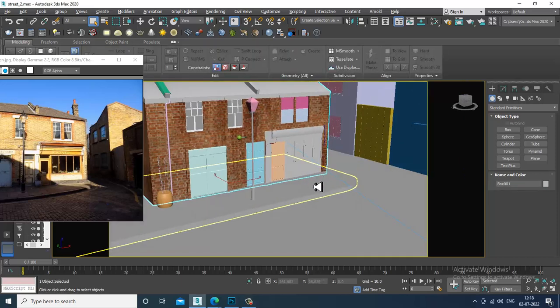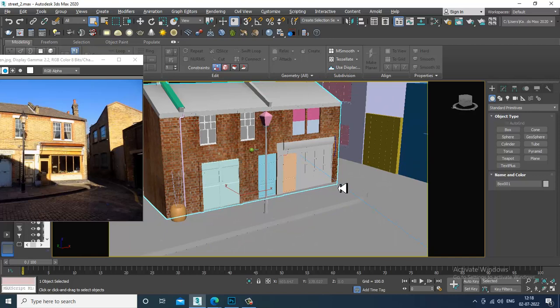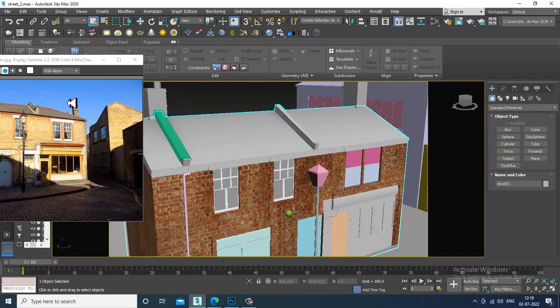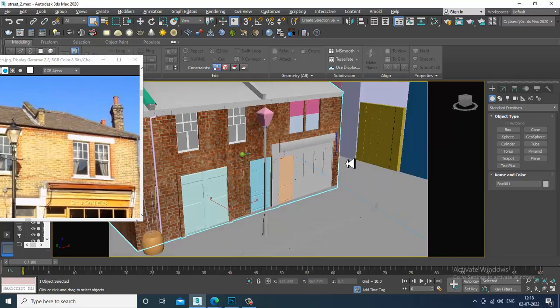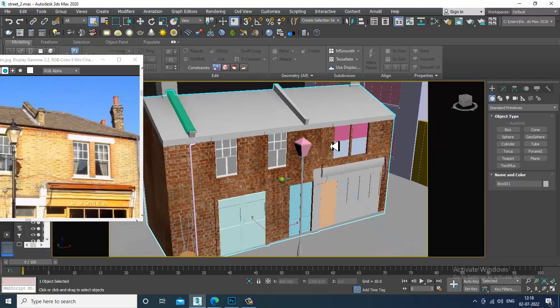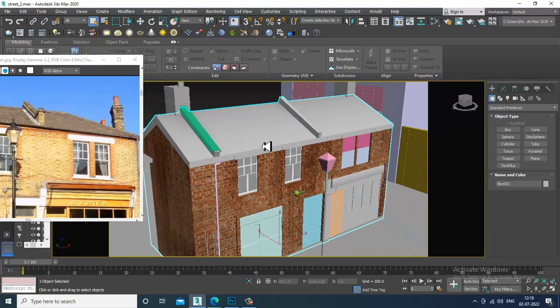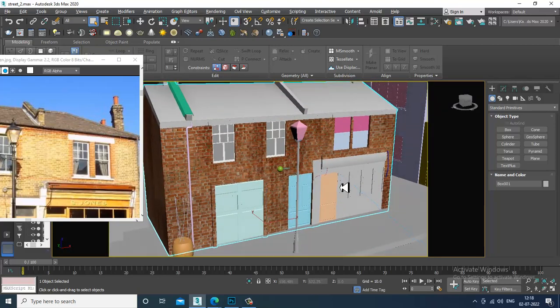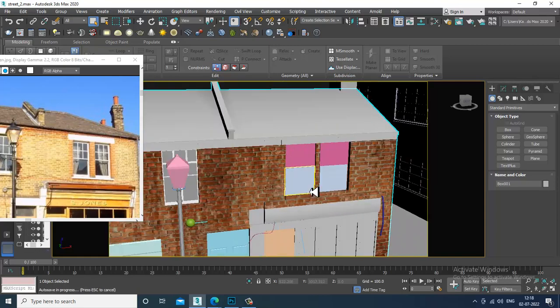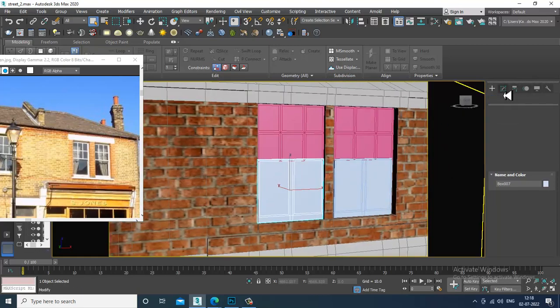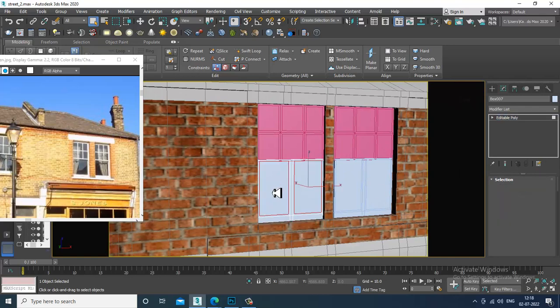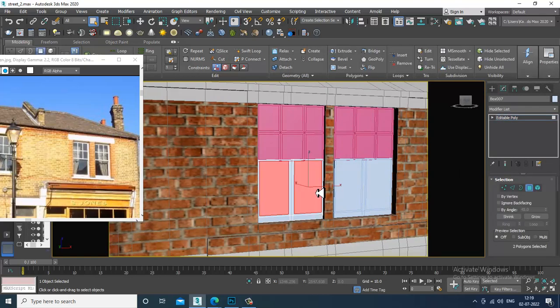So let's get started. As you can see over here, we have started with the texturing part of this particular exterior of London street. Now, very first of all, let's do this texturing part. We'll complete this window section first. So just select these polygons over here. Let's again go into the material editor